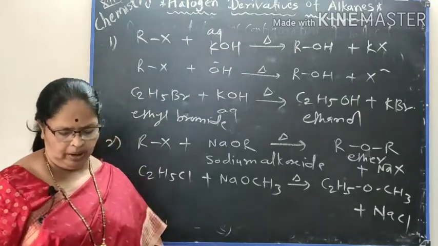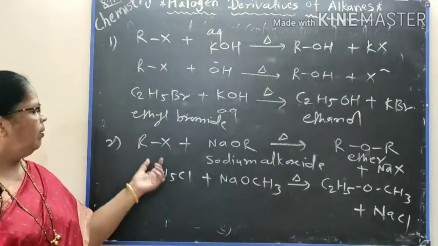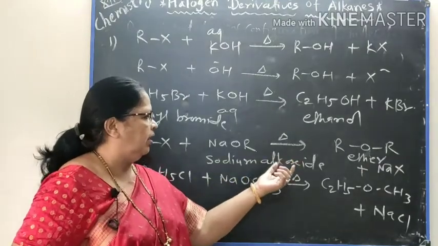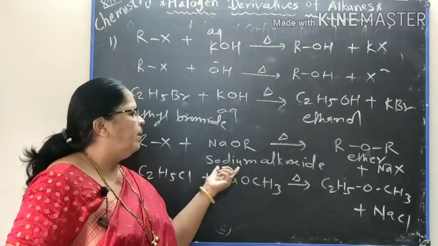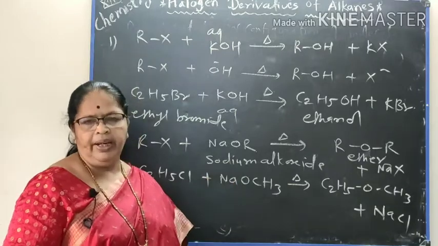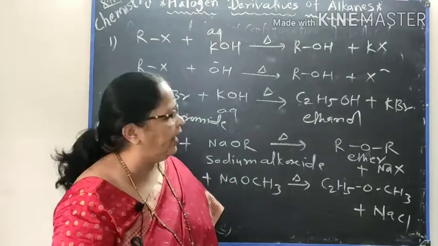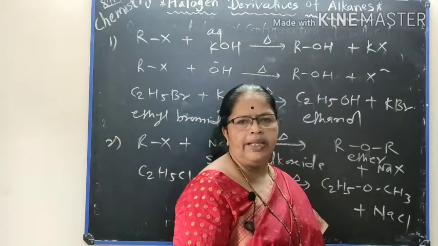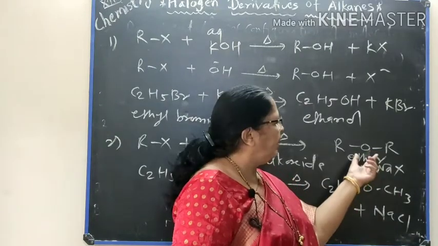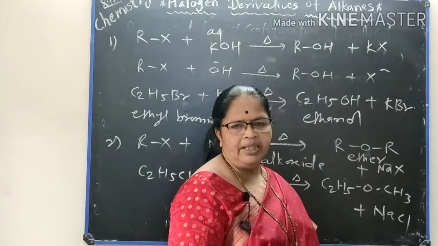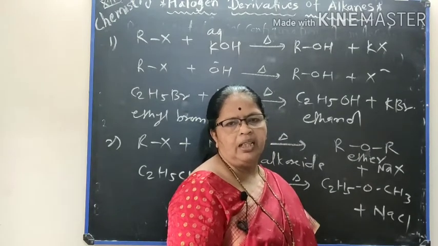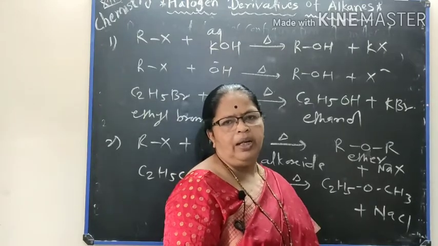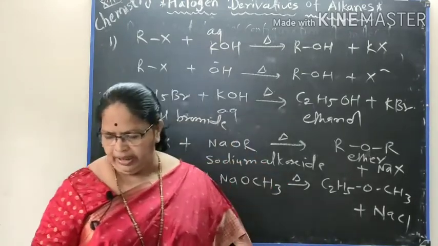with sodium chloride. In this way, from alkyl halide we will obtain the ether by treating with sodium alkoxide. Ether, when the two alkyl groups attached to the oxygen atom are the same, is called a simple ether, and when they are different, it is called a mixed ether. Simple ethers are also called symmetrical ethers, and mixed ethers are called unsymmetrical ethers.